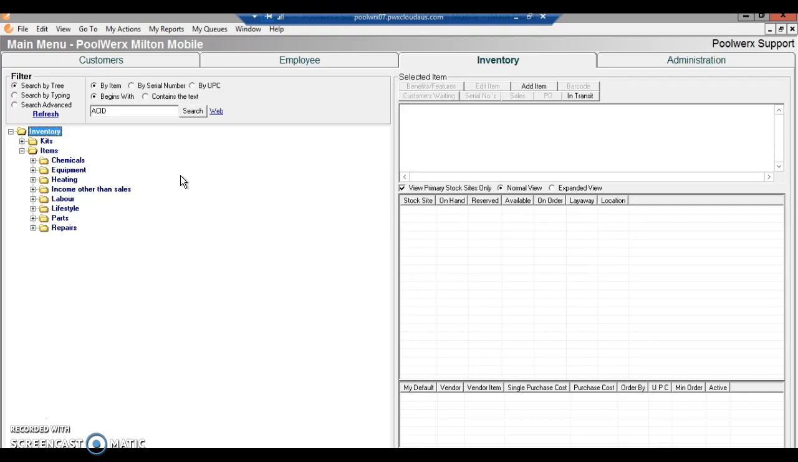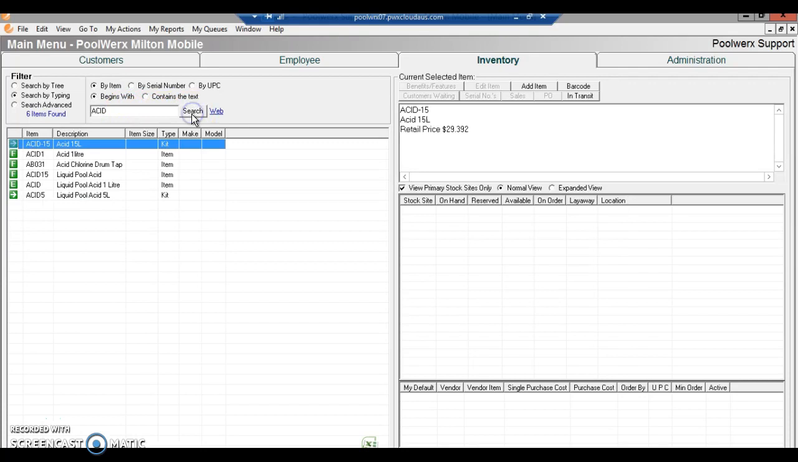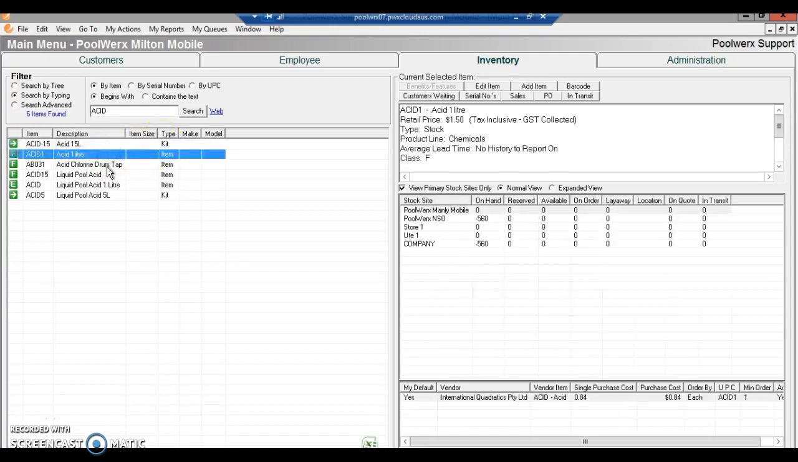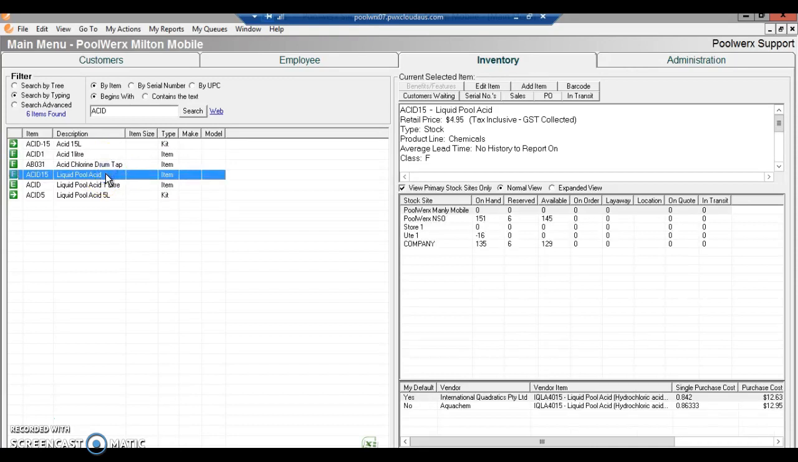smoother for you. Now, in this example that we're going to use today, we're going to be searching, let's say for example, acid. So go to your inventory tab, type in acid, click search or enter, and you can see that we've got a number of items here. So we've got a couple of kits here. They may need to be removed and re-entered at a later stage. But we've also got acid 1 liter, we've got drum tap, we've got liquid pool acid